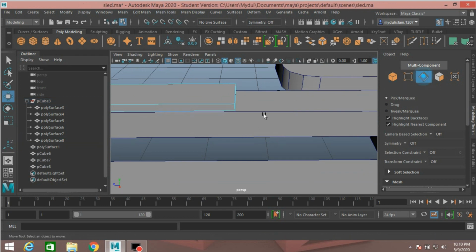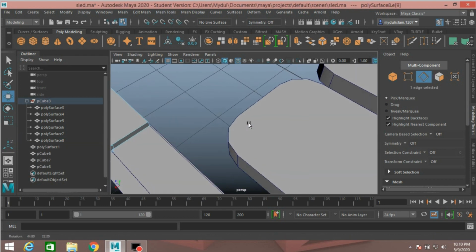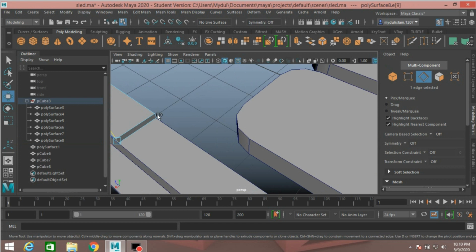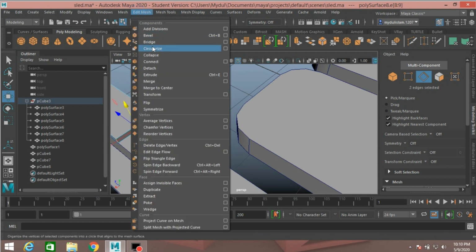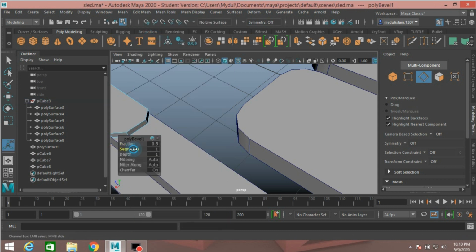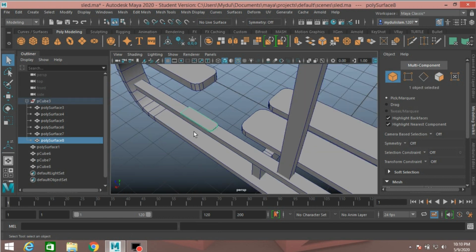Go to edge mode, select this edge, shift select this edge, go to edit mesh, click bevel, take segment 3, again go to object mode.